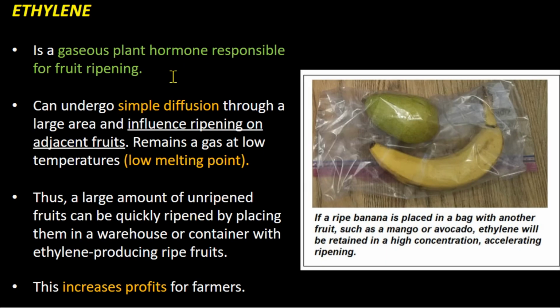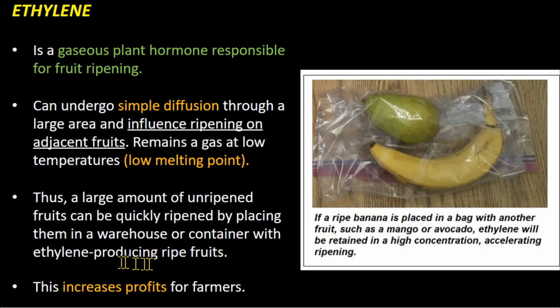So ethylene is a gaseous plant hormone responsible for fruit ripening. It can undergo simple diffusion through a large area and influence ripening on adjacent fruits. It remains a gas at low temperatures, which means it has a low melting point. This makes it very suitable to put in air-conditioned warehouses, for example. So thus, a large amount of unripened fruits can be quickly ripened by placing them in a warehouse or container